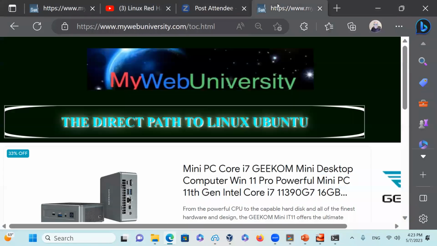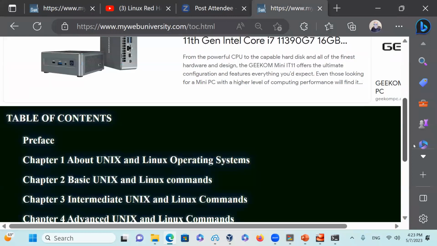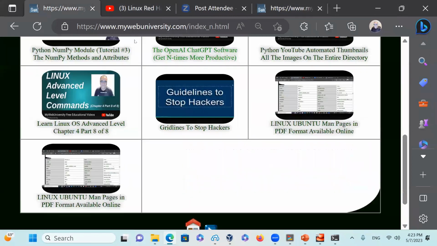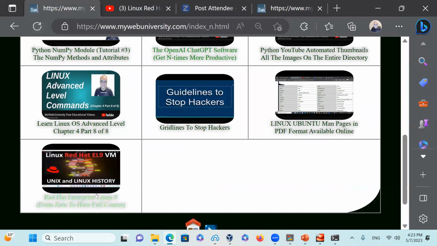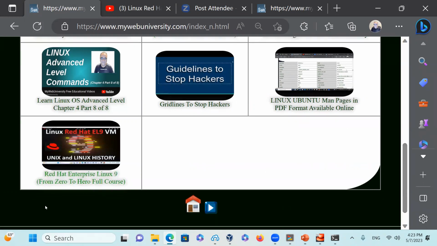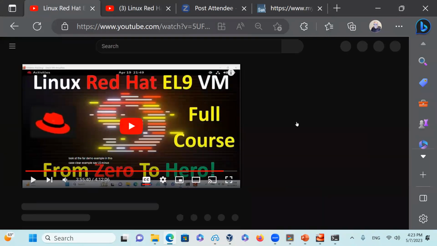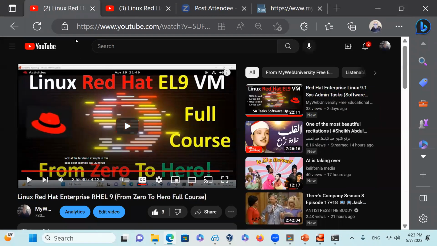Let's go back to this page and see if I refresh it. Does it look like Red Hat? Yeah, awesome. We just updated it on this one, say Red Hat next. Notice the text is also saying what I wanted to see. If I click it, does it take me to the Red Hat 9 full video? Yes, it does. So the whole thing, we did it, and then it is coming with this Red Hat Enterprise